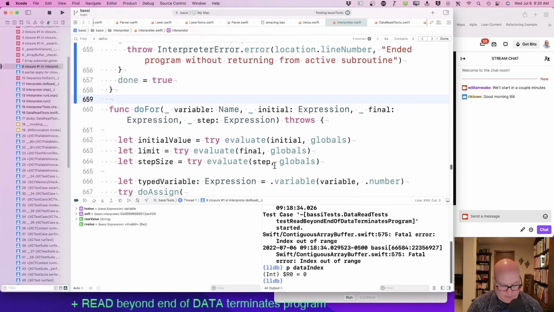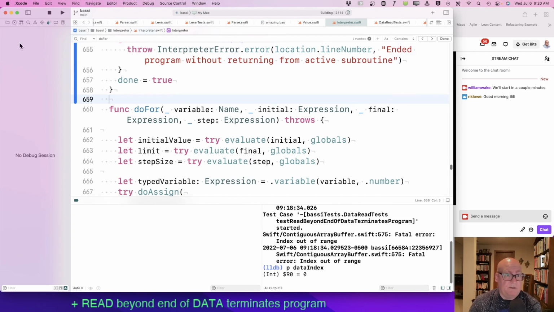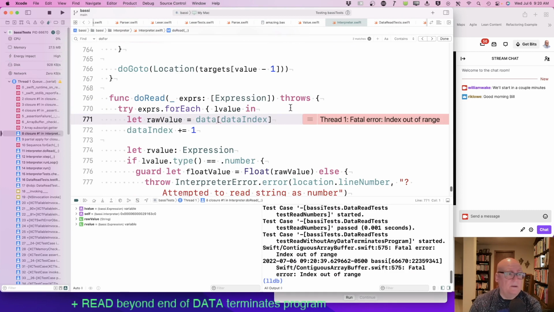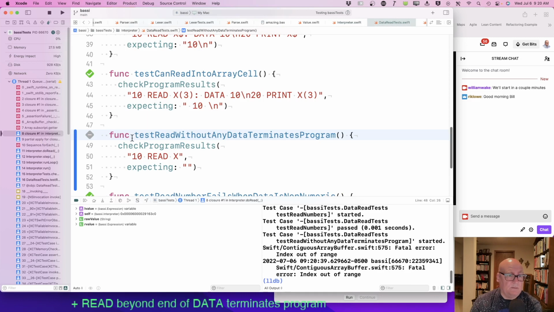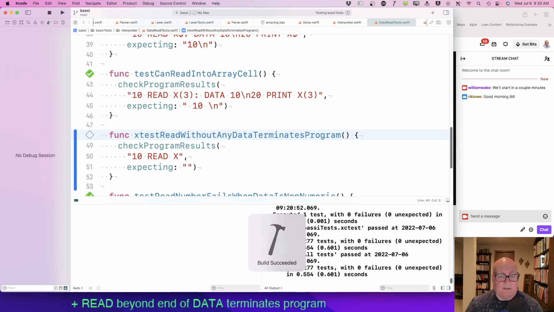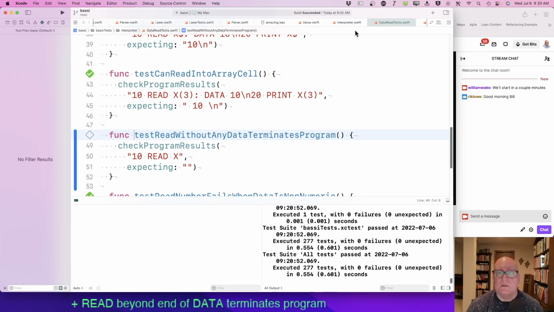All right, so we should get one test failure again, crashing here. Okay, let's comment out that test for the moment. Make sure everything else is happy with that end. Okay. Yeah. So now,